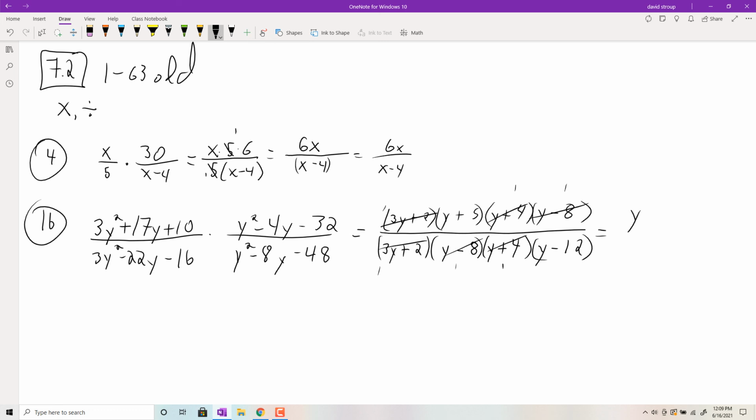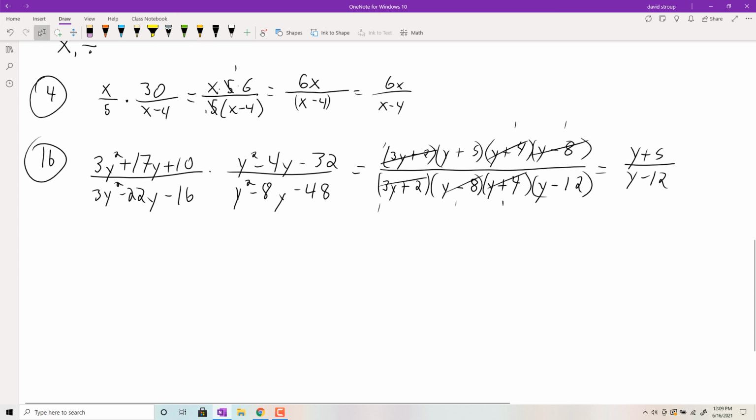And we were just getting a factor of y plus 5 in the numerator, and that factor of y minus 12 in the denominator. And then you're done. You can't remove anything. Next,